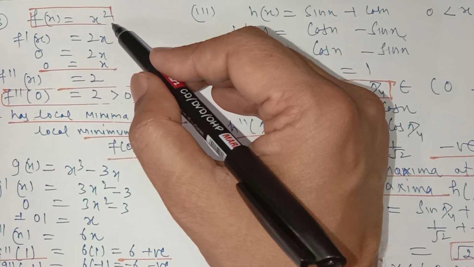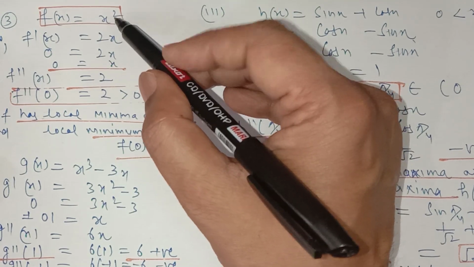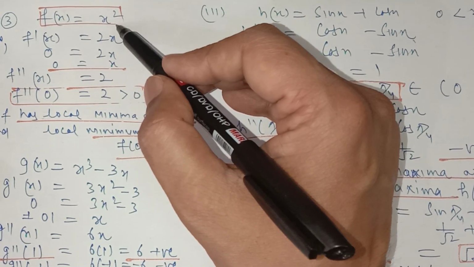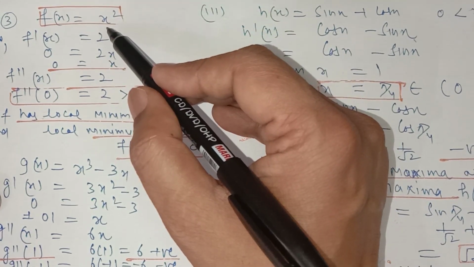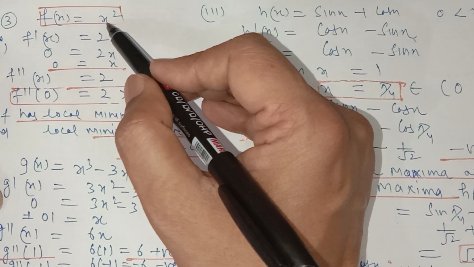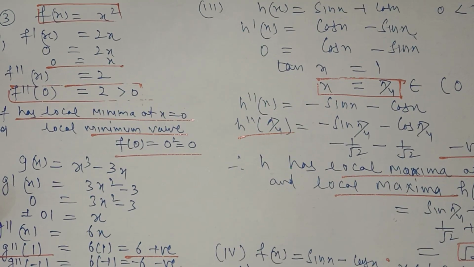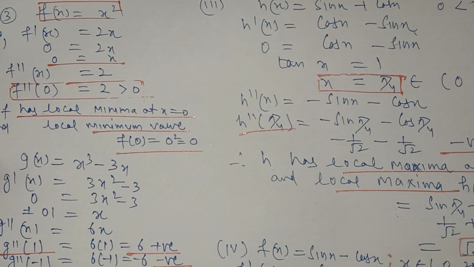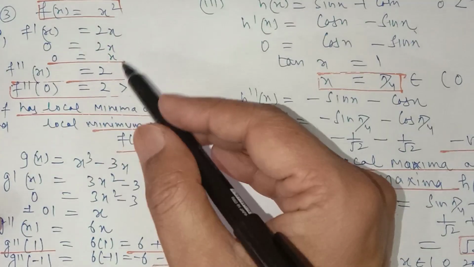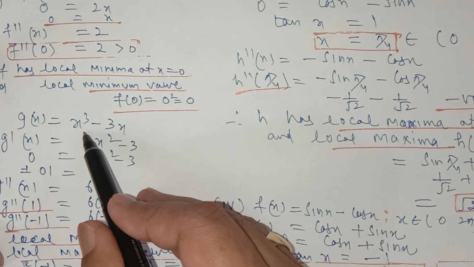So without finding a derivative of this also, you can easily find the maximum minimum value of this function, because a perfect square cannot be negative, so its minimum value will be 0, and it will have no maximum value, because as the value of x goes on increasing and increasing, the value of the function f(x) goes on increasing up to infinity, so therefore it will have no maximum value. But in this we have done maximum minima by using the derivative, and it is an easy method. Now in the second part, the function g(x) is given to be x cube minus 3x.